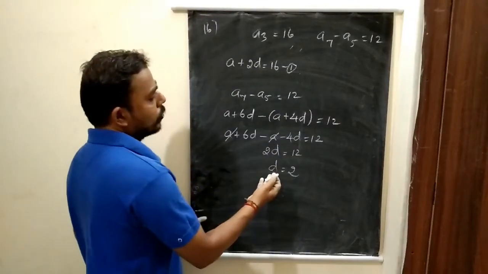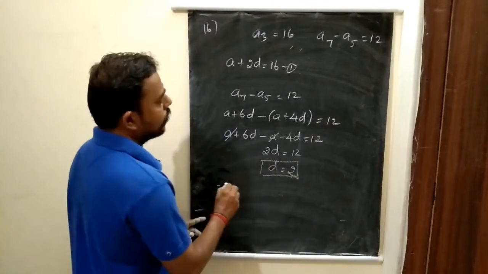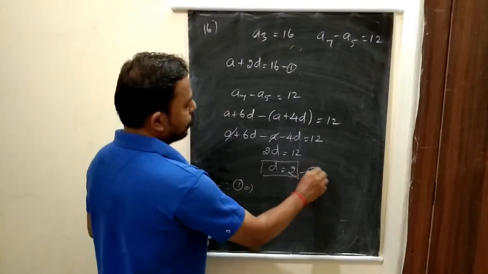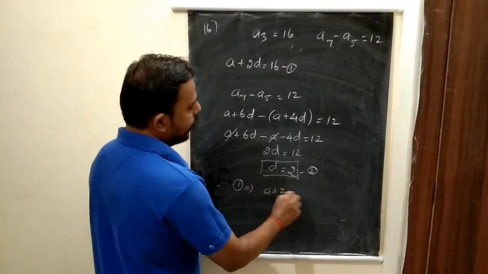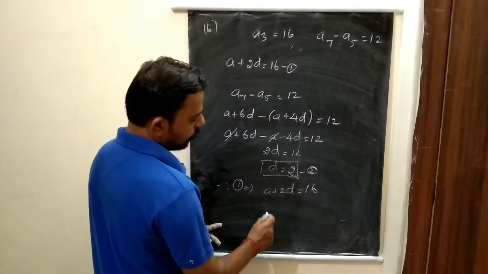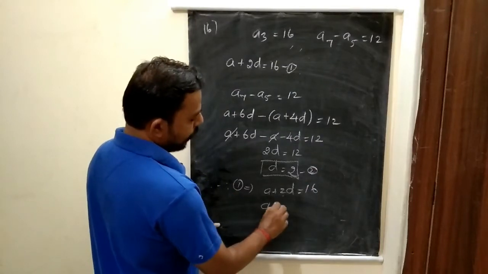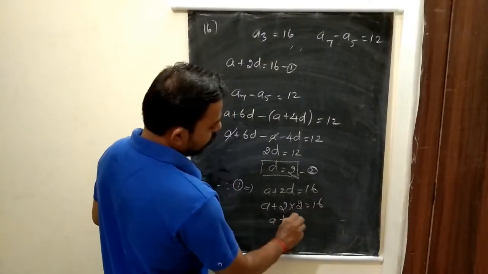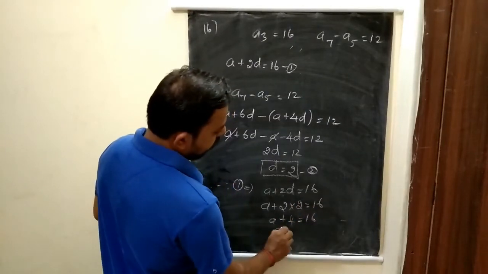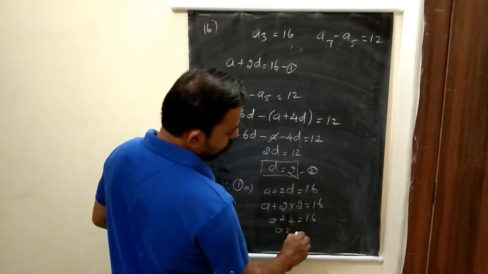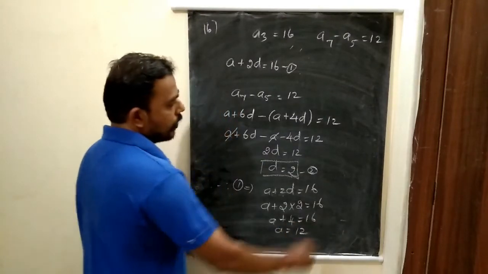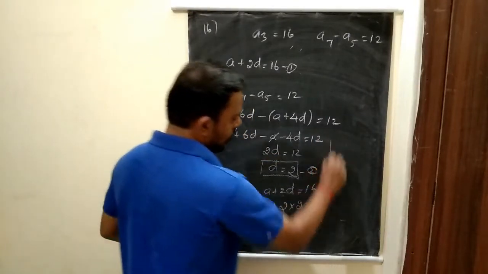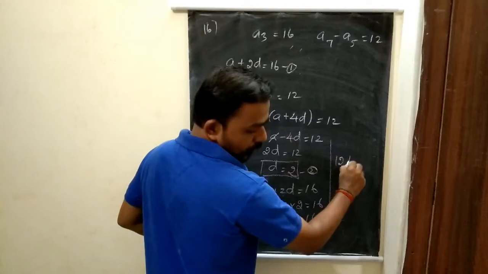If D equal to 2, therefore substitute 2 in the first equation. A plus 2D equal to 16. So A plus 2 into 2 equal to 16. A plus 4 equal to 16. A equal to 16 minus 4, 12. A equal to 12. Now the AP, it's increasing now. 12, 14,